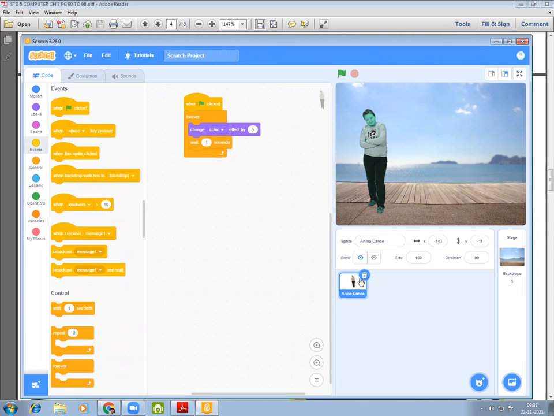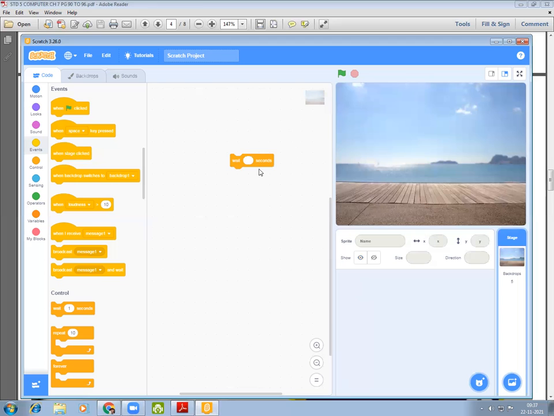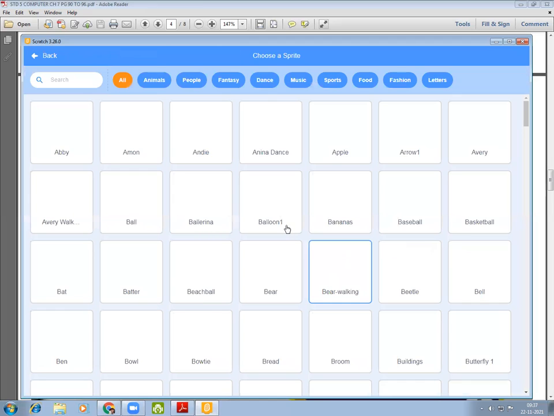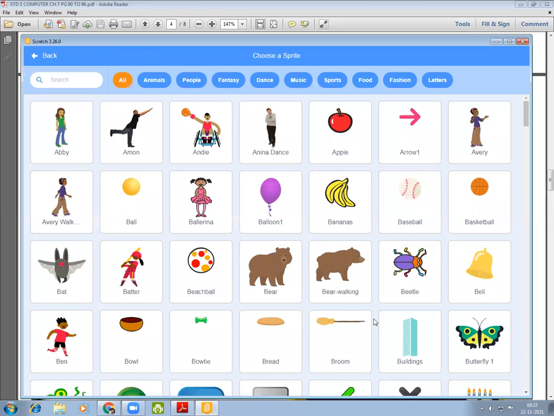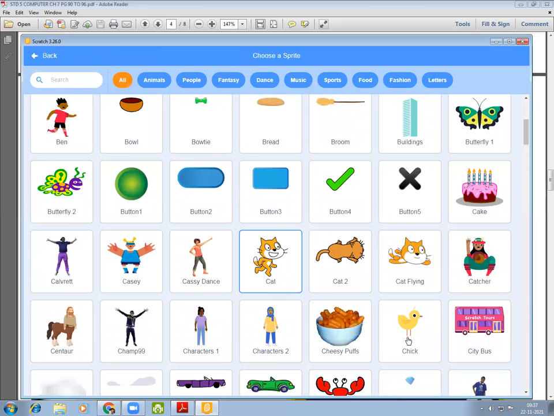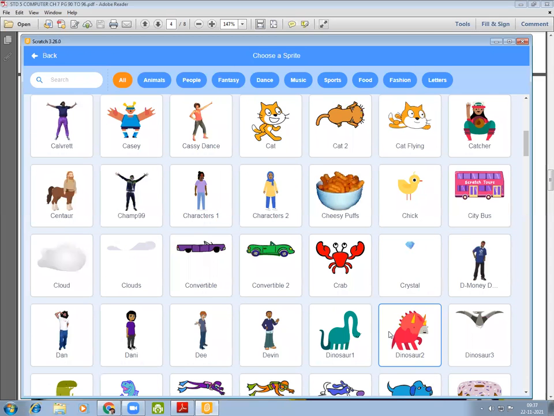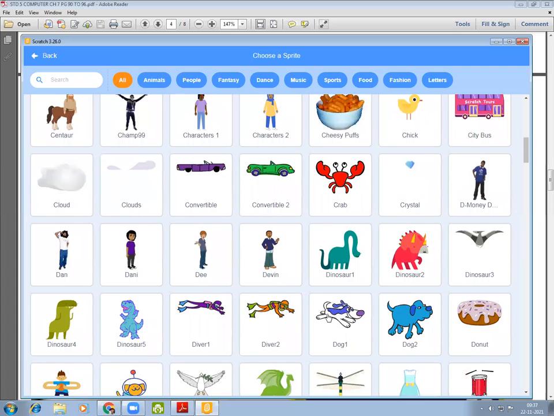We have to change the sprite. Let's change the sprite. Let us put the dog here.